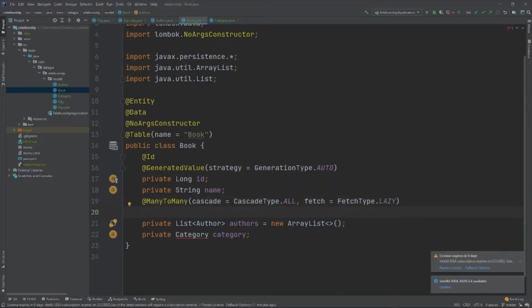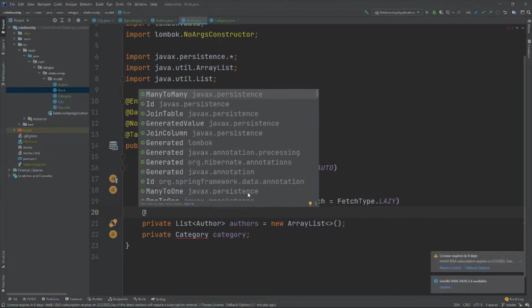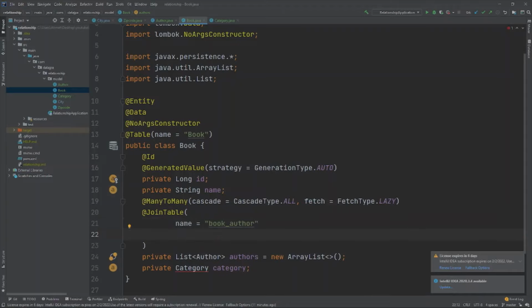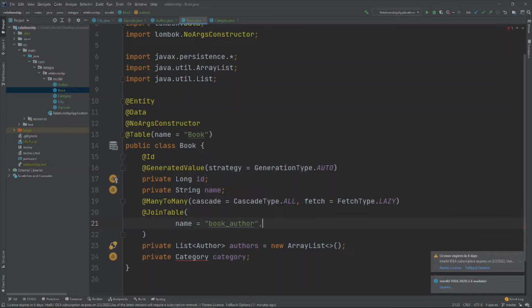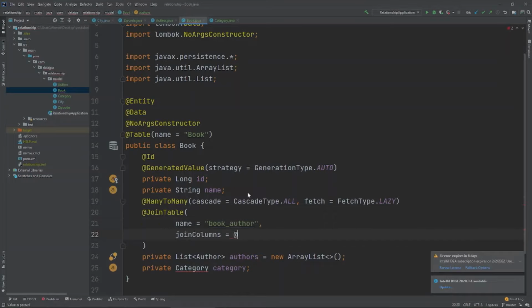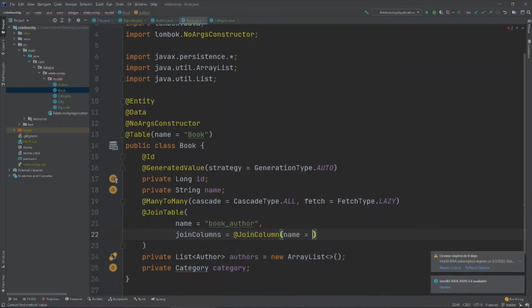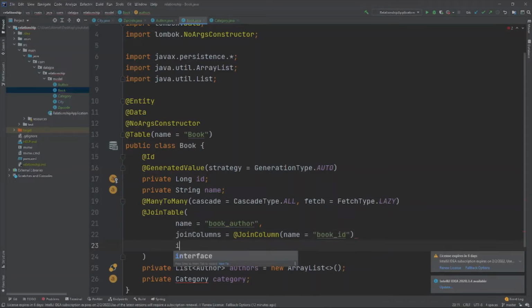Our second annotation will be the join table annotation, and this will create a new table. First, we need to define the name of the table. This will be book underscore author. Now we need to define the two columns, join column with add join columns with name book ID and the inverse of join column with name